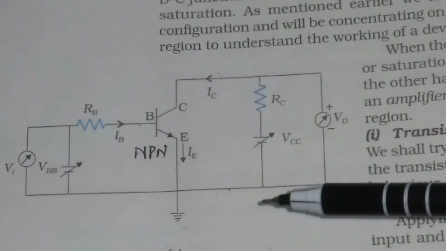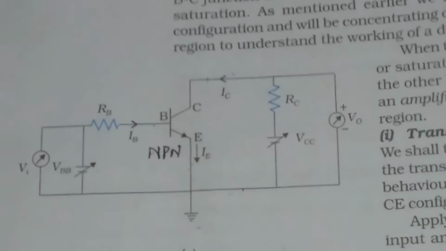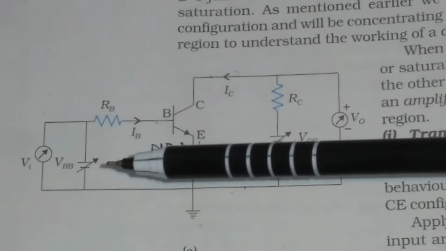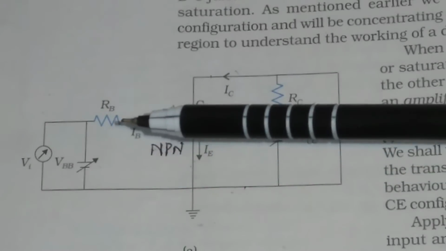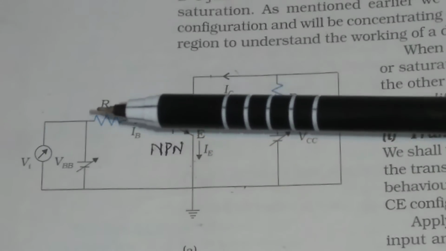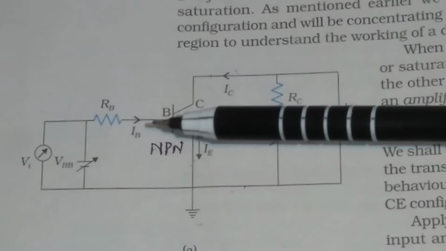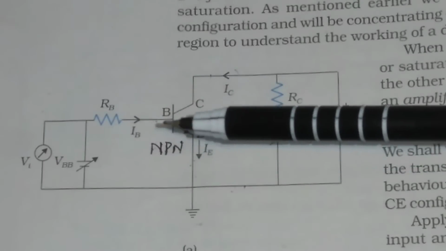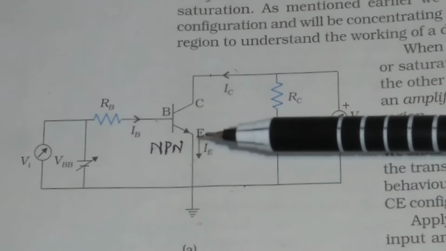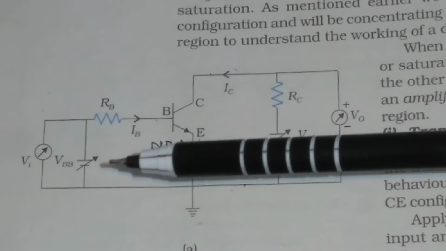So applying Kirchhoff's voltage law to the input, we will get that VBB, the applied biasing voltage VBB, is equal to IBRB. That means the current IB into the resistance RB, the voltage drop here, plus the voltage drop across the input, that is VBE. This is the input voltage drop. So if you analyze this closed circuit and apply Kirchhoff's voltage law, then you will get VBB is equal to